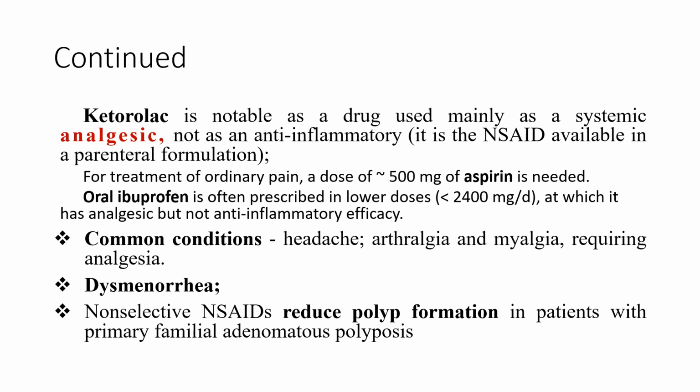not as an anti-inflammatory drug. For the treatment of ordinary pain, a dose of approximately 500 milligrams of aspirin is required. Oral ibuprofen is often prescribed in low doses, at which it has analgesic but not anti-inflammatory efficacy. Dysmenorrhea,